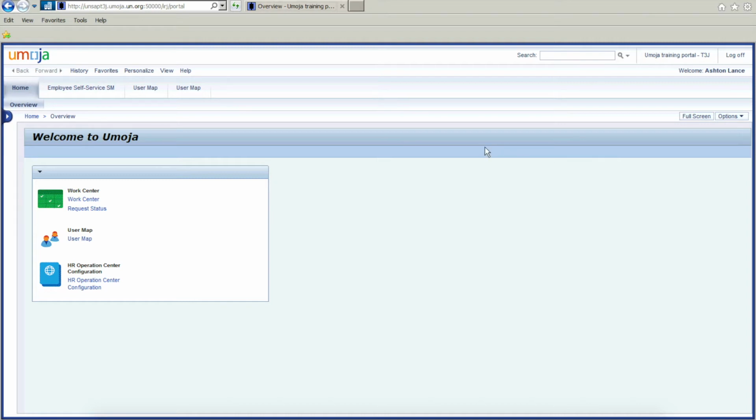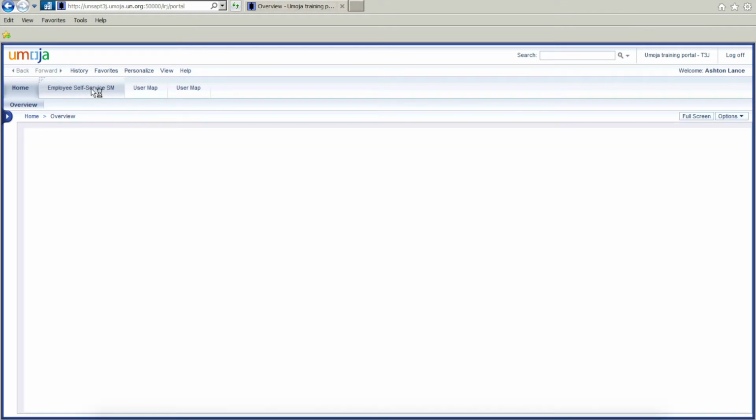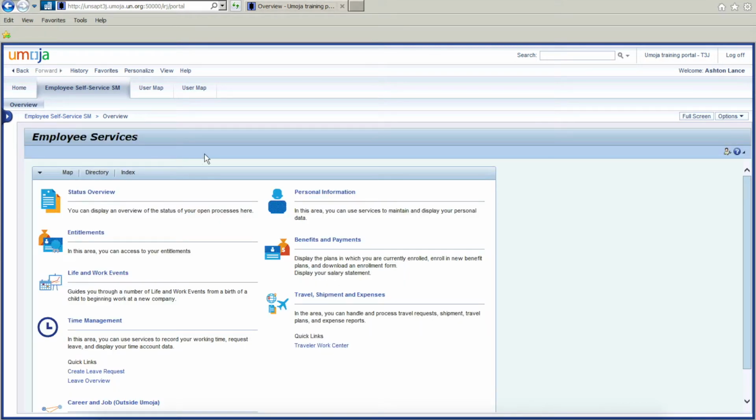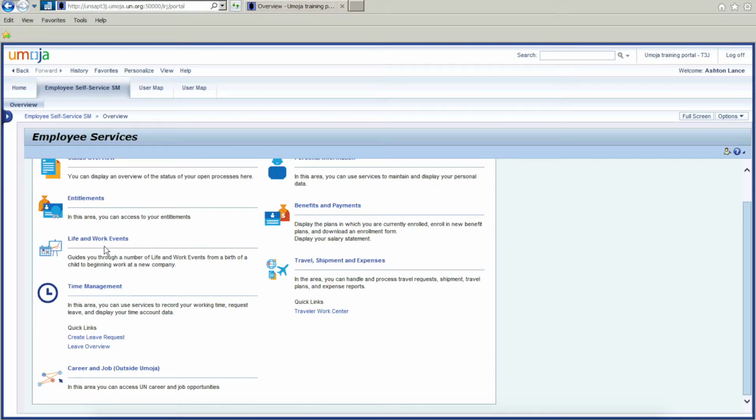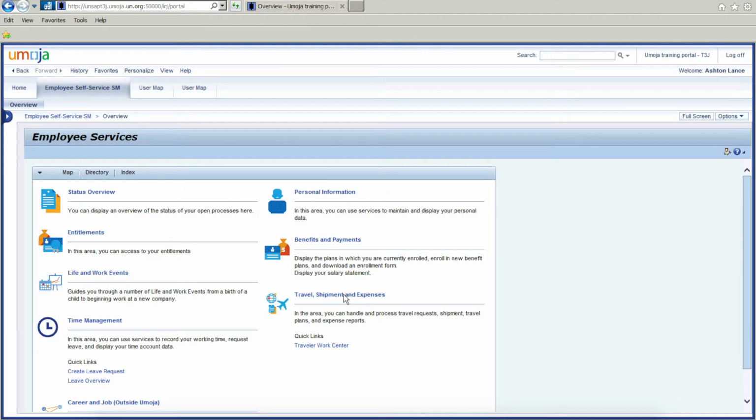follow in production. First step, you will have to click on the tab here called Employee Self-Service. Select this tab, and this will change the below section for Employee Self-Service with a set of different links. Just be patient, as sometimes the pages take a bit to load. As you see here, the employee services have a number of different icons, and the one we're going to be clicking on to raise our travel request is the following: travel, shipment, and expenses, right here where the icon of